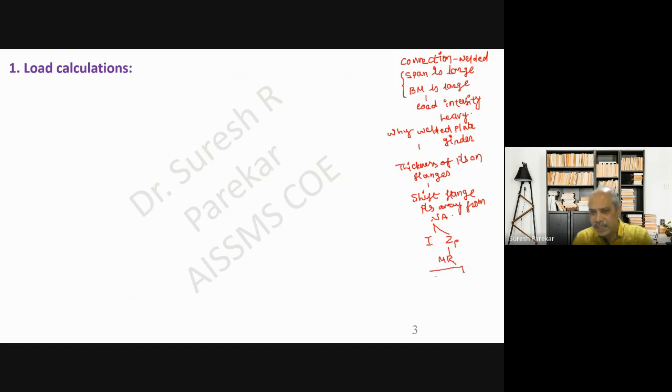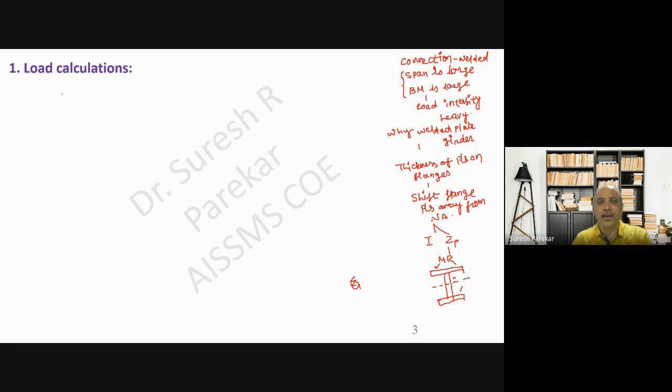Because if you see this, we will have an I section, and what will be my ZP value? If I write the ZP value, we will see that when we go to that step. So first we should be very careful with this when we have to go for a welded plate girder. And it is a welded plate girder because we are using only plates, and these plates are connected by welded connection.